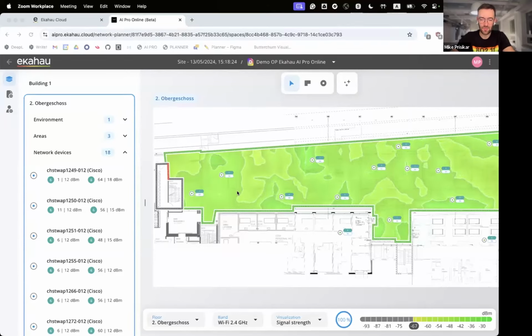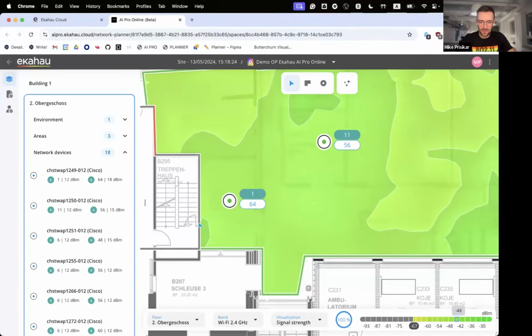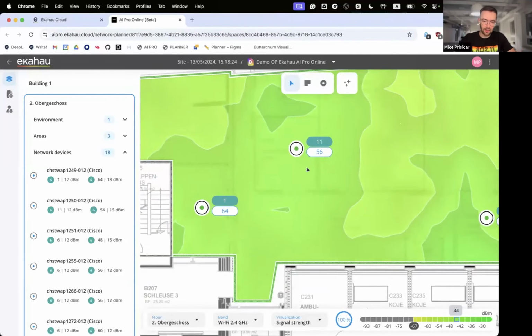So this is the project that we did a couple of weeks ago. As Matt said, we just took our phones, took this beautiful piece of hardware, walked around the place and collected some data. And after that, we just uploaded the whole project to the cloud. The cloud made its fancy AI ML magic. And here we are. These are the actual access points which were placed at the site, right?